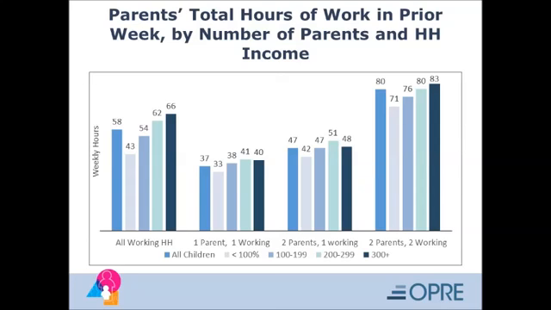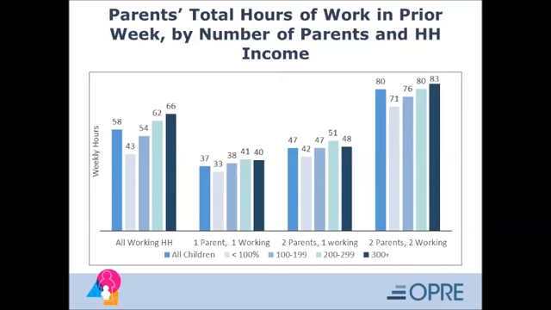That comes from, for example, on average 37 hours in the week for a single parent who is working, combined with 47 hours per week for the sole working parent in a two-parent household, and 80 hours for the